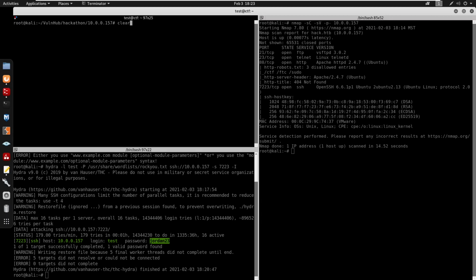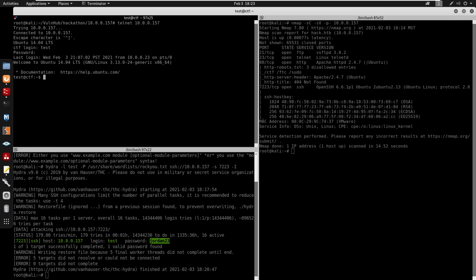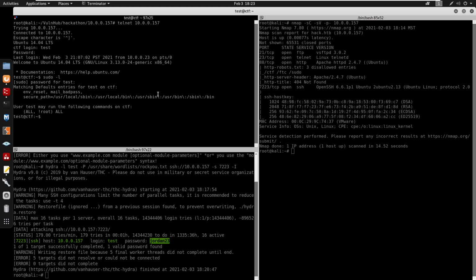The next way I did it was to go through Telnet here. I believe you can do Telnet 10.0.0.157, which was user test and password Jordan23, which leads to that, right? Same thing, you can SSH or do it through Telnet, but that's the way I did it. Next, if you do sudo -l, we do have a password. We can actually run all on for sudo, right? If you just copy this out,